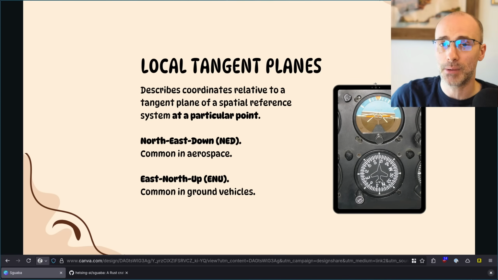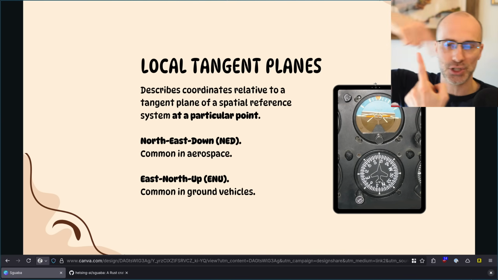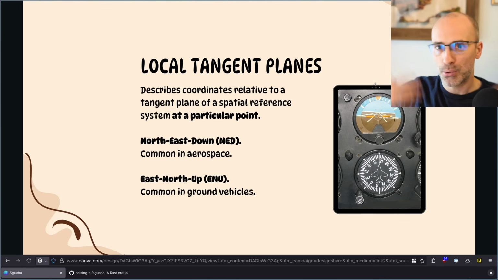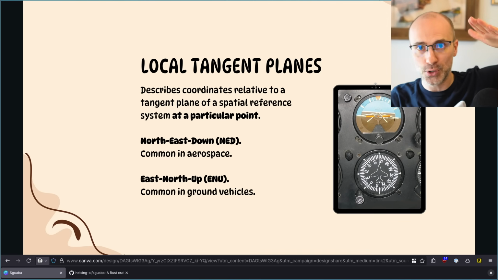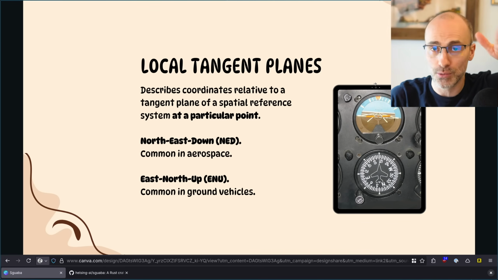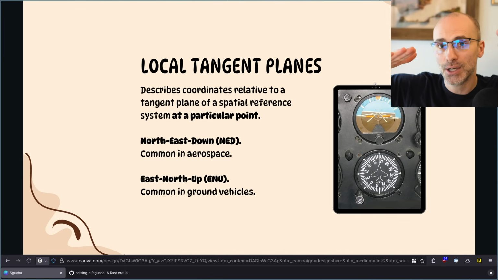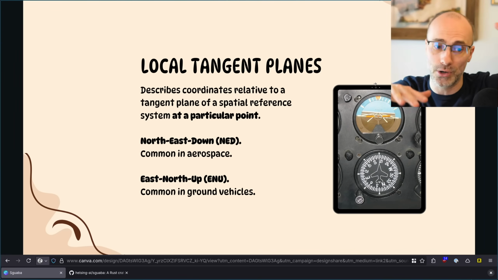So anytime we talk about compass directions, it's as if you put a flat sheet at that point, and then you're giving directions according to that sheet. And obviously, if you're at a different point on the globe, your plane would be angled and rotated differently, because north there is different than north here. And so we need to be able to talk about different north-east-down systems, different compass direction systems, depending on where we are on Earth.